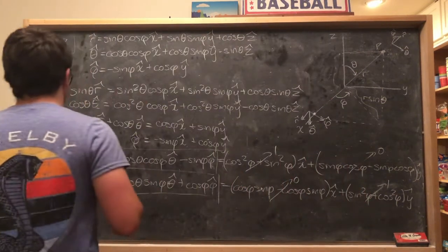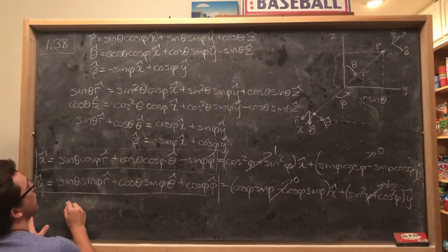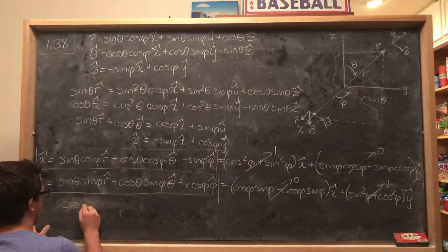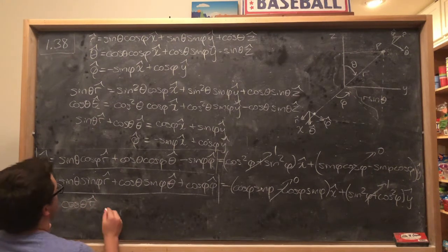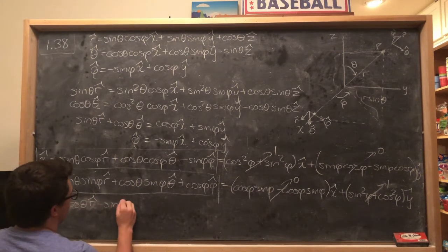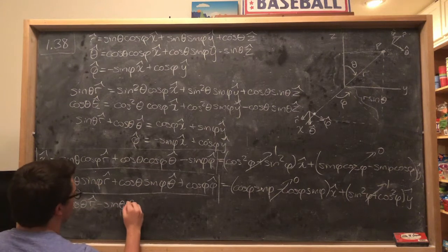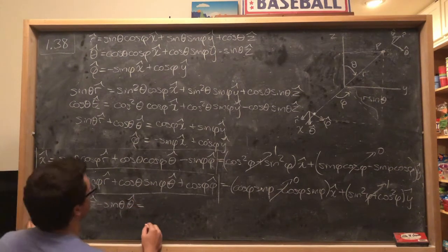So let's do that. So we would say cosine theta r hat minus sine theta theta hat equals,